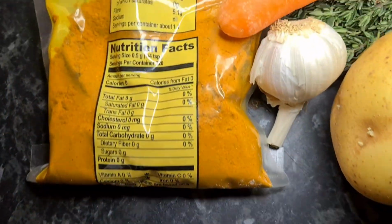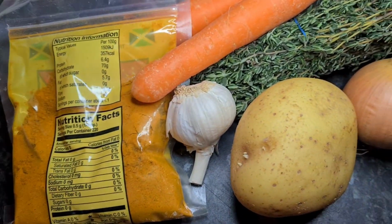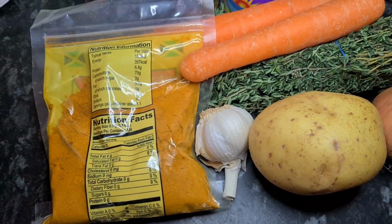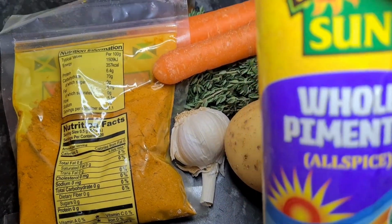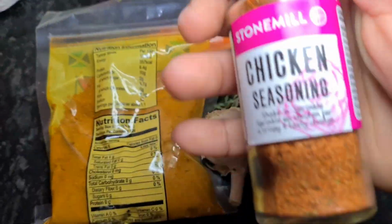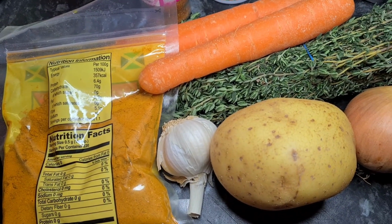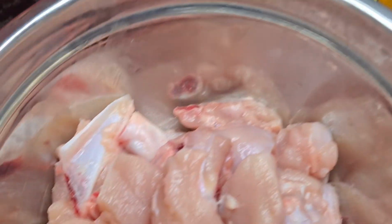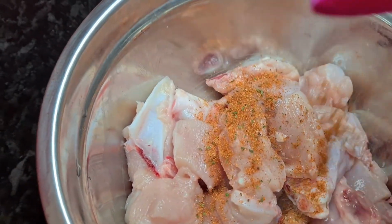So over here I'll be working with some curry powder, garlic, scallion, thyme, Irish potato, yeah, just a little. I'm going to use whole pimento and just a little bit of chicken seasoning. So guys, I am going to add a bit of chicken seasoning to my chicken